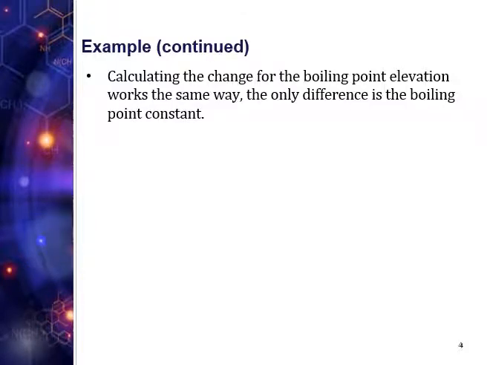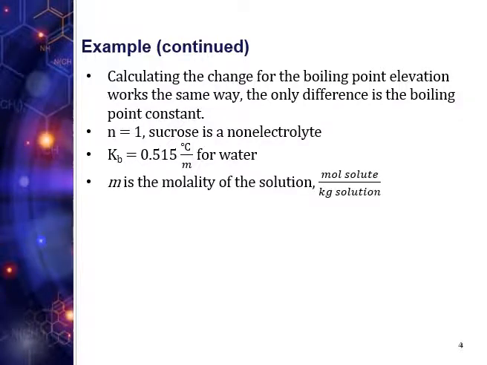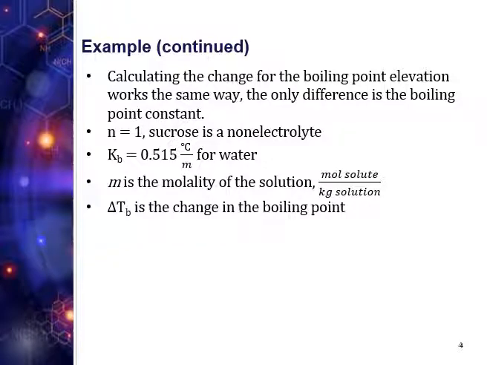Calculating the change for the boiling point elevation works the same way. The only difference is the boiling point constant. N is 1. Sucrose is a non-electrolyte. The boiling point constant for water is 0.515 degrees Celsius per molal solution. m, the molality of the solution, is moles of solute per kilogram of solvent. The change in the boiling point is delta Tb. The boiling point, in this case water, will be 100 degrees Celsius at standard conditions, plus the change in the